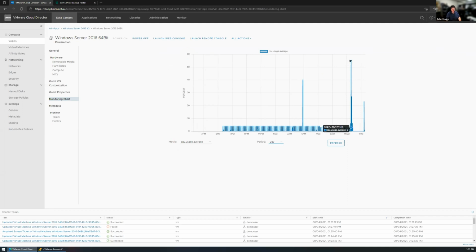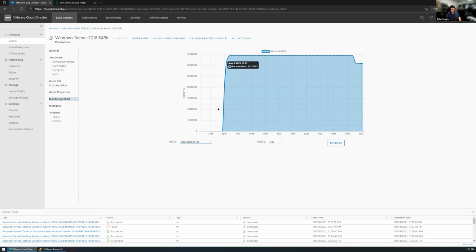You can see, okay, that was a CPU spike. Or you can see the disk usage. So it allows you to get a little bit more insight into what's exactly happening. And these are the exact same logs we would see from the back end, so that way you can see what we can see.